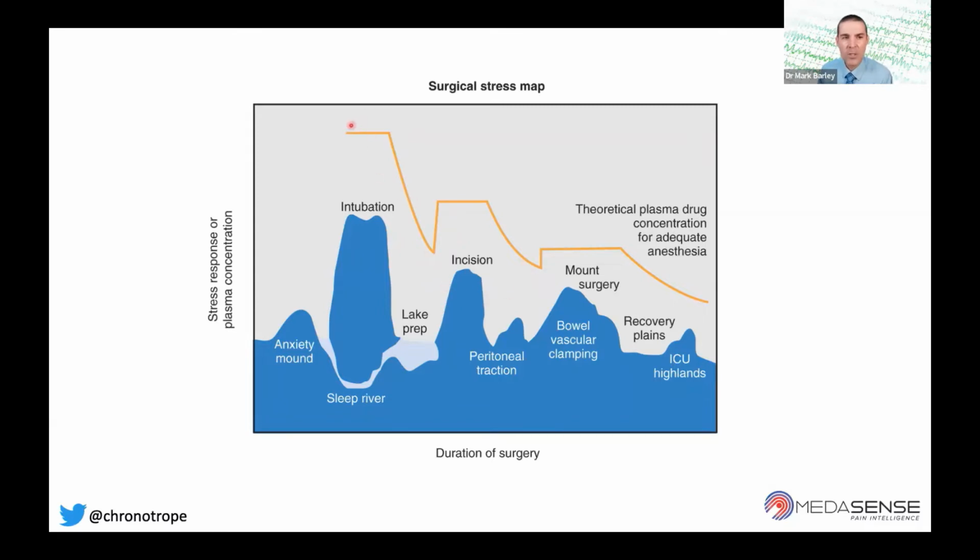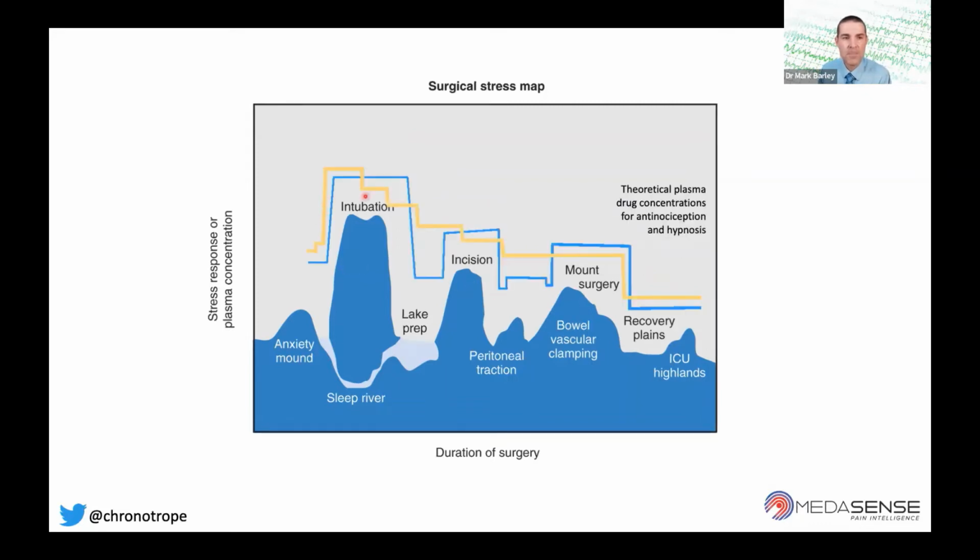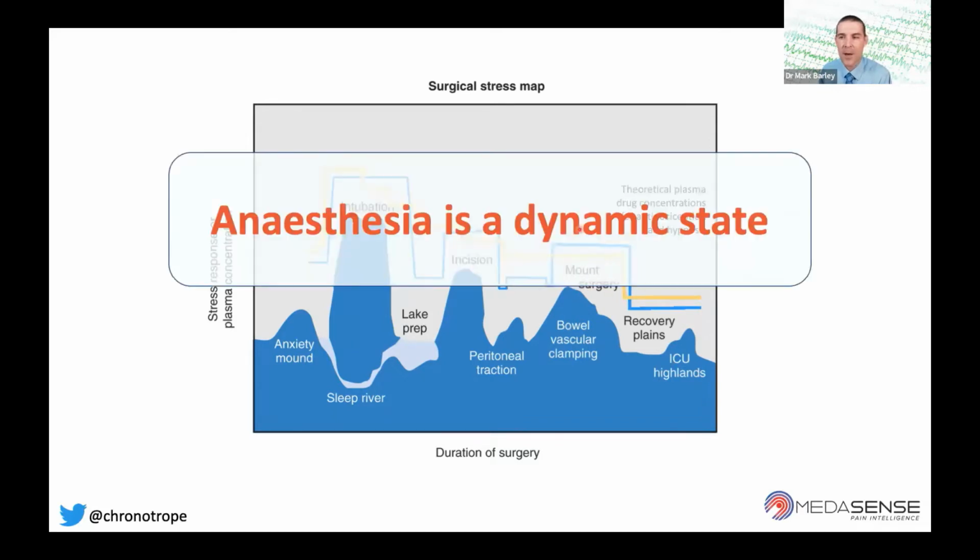When we deliver a TCI-based anesthetic, it's almost like we're flying over these mountains in our aeroplane, titrating our drug doses to the stimulus that we have in front of us. But what evidence do we have for these multiple changes in hypnotic and anti-nociceptive drug as we fly our patient over the plains of surgery, thinking that the anesthetic is a totally dynamic state